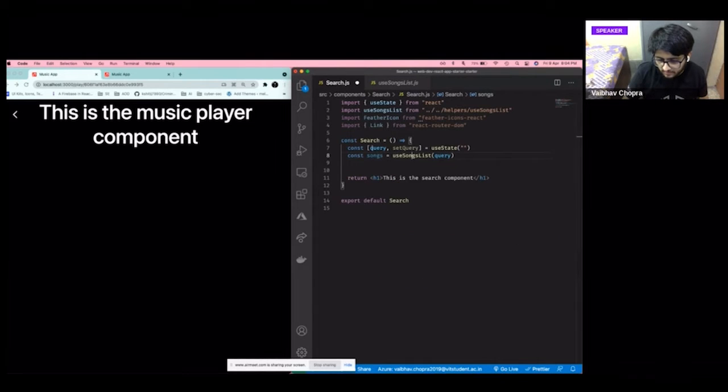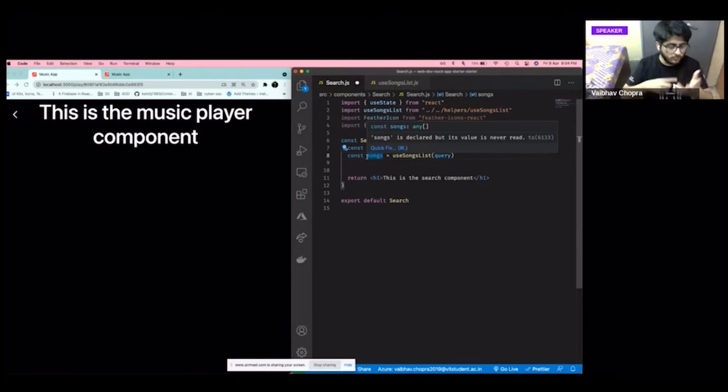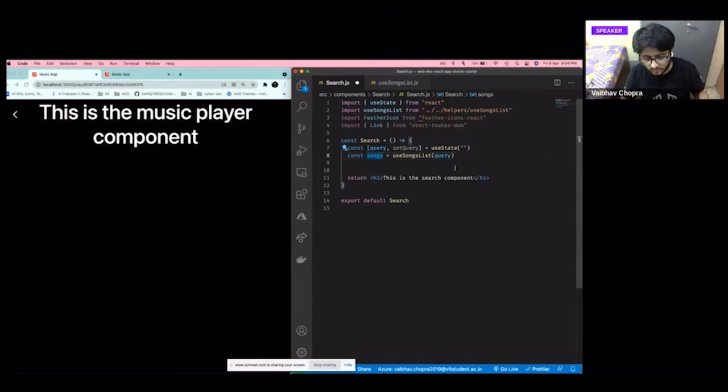So every time I call this setQuery method to update query, this useSongsList will also get into action and the songs will get updated. So it's very cohesive in that way that once you get the core fundamentals of what's happening and why it is happening, you will have a very easy time understanding the rest.